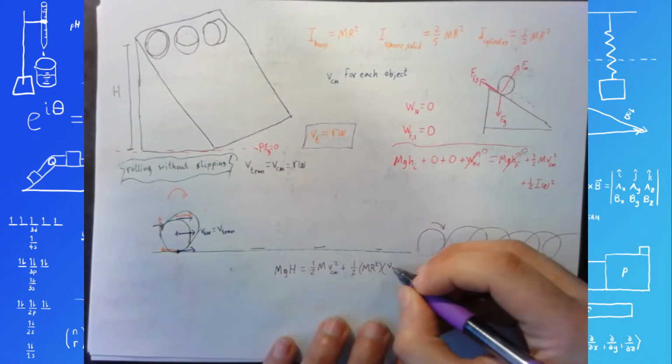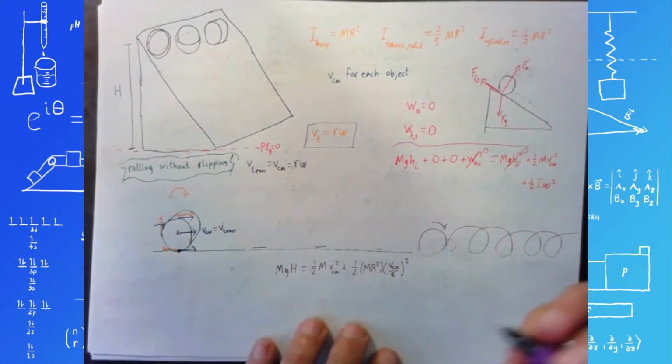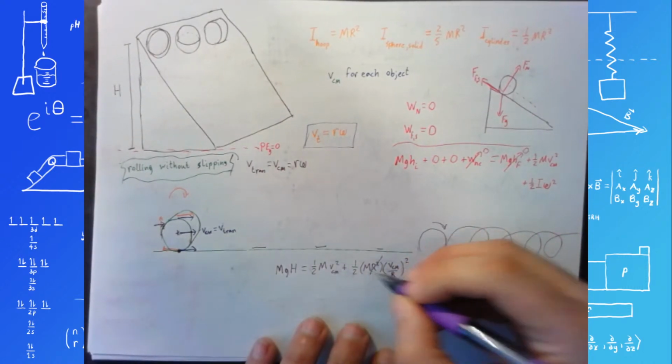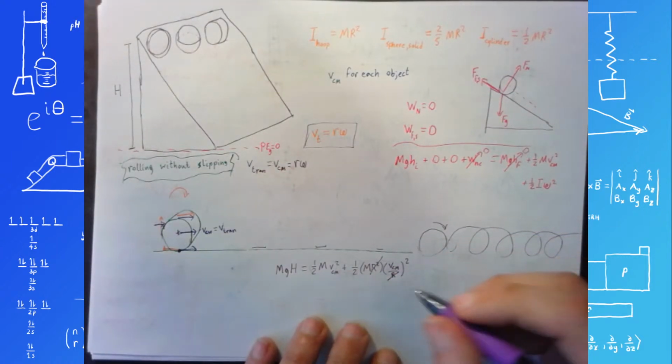So I can actually just replace it with v center of mass over r and square it. And from that we get an r squared, which cancels with another r squared, and we're left with